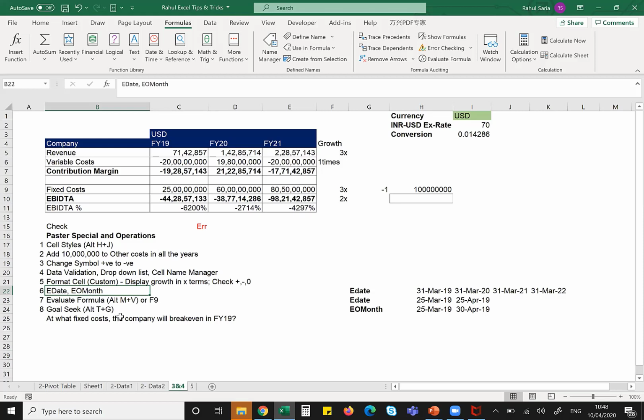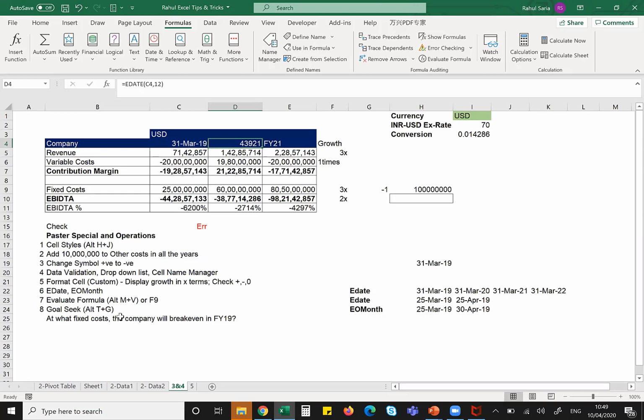Quickly before we wrap up, there are some more things that I want to share. There are two ready-made formulas in Excel, called EDATE and EOMONTH, end of month, which are very useful practically, especially for finance people. EDATE is simple. Suppose there is a date, 31st March. I'll copy this and create it here. Let's assume this is 31st March 2019. I want yearly data. I'll click EDATE, select the start date, comma, number of months. I need 12 months. It will give me exactly the date after 12 months.